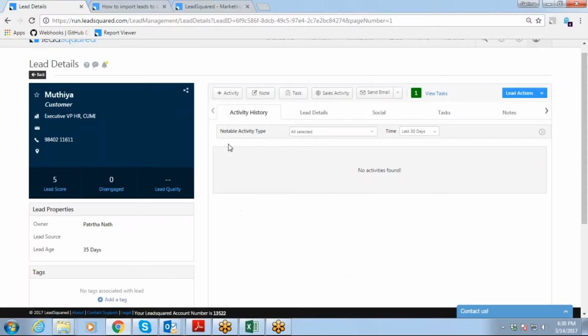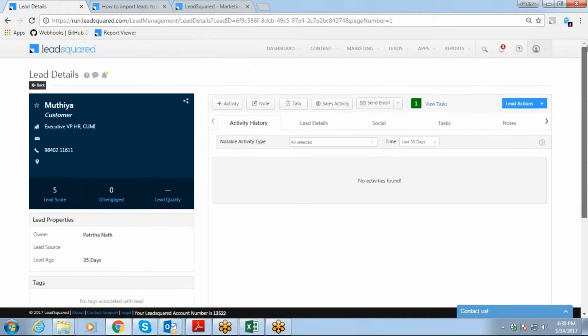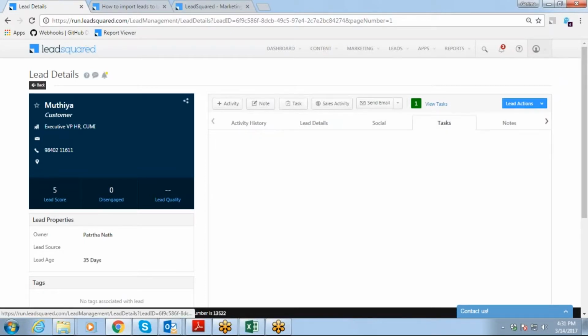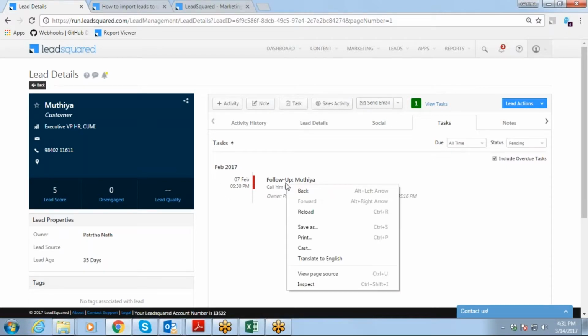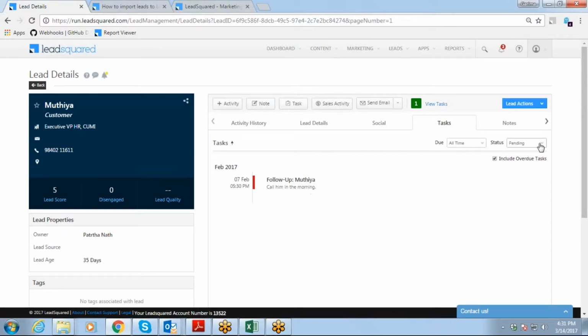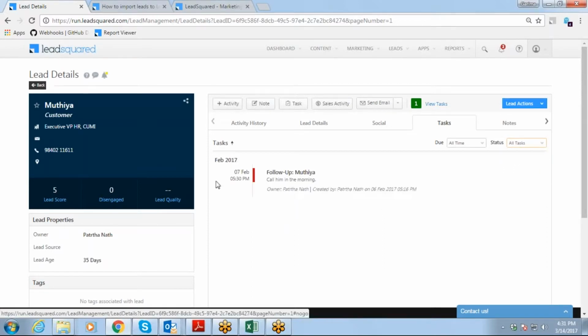I just showed you this thing. Whenever you perform any activity with this lead, just add an activity here and it will be available here. As you keep on adding, this will show you the history of that lead, right? So next is the task. If you want to view all those tasks which are pending with this lead, you can just see the follow up and you can see the lead. Now if I check in here, this will be marked as complete, right? So this can be done. All tasks, if I do, see, this is the task, right?